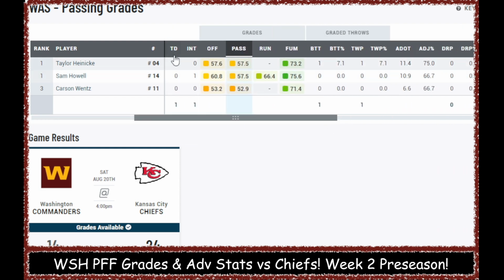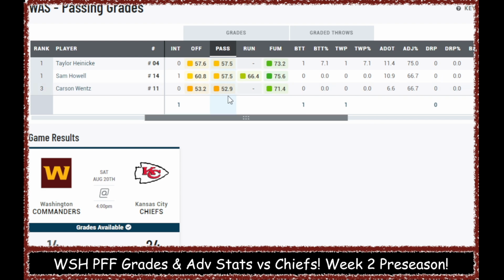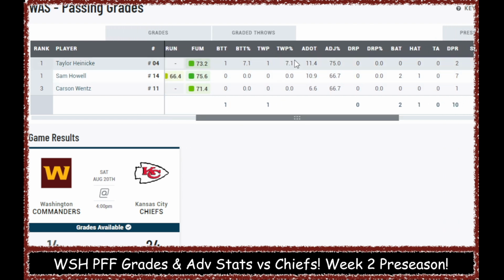Of course, Taylor Heinicke had the only touchdown out of our quarterbacks, and Sam Howell had the only interception, but still, Carson Wentz was the lowest grade, and it felt like he had the lowest passing grade. Taylor Heinicke and Sam Howell were the same there, and then Sam Howell ran enough to actually receive a run grade, unlike Taylor Heinicke and Carson Wentz, and he also had a higher fumble grade again. I mean, when nobody fumbles, it's really hard for me to exactly understand how they grade this, but apparently Sam Howell was better at protecting the ball, and that's why he received the highest grade out of all of the quarterbacks. And they're not counting that interception against them, because Taylor Heinicke apparently had one turnover-worthy play, which was 7.1%